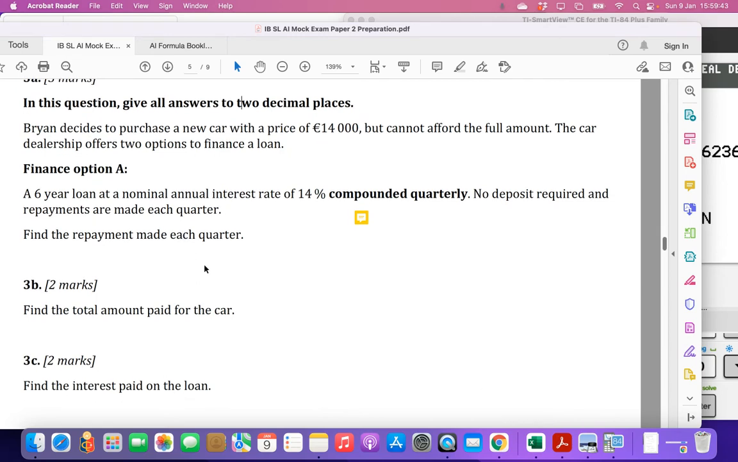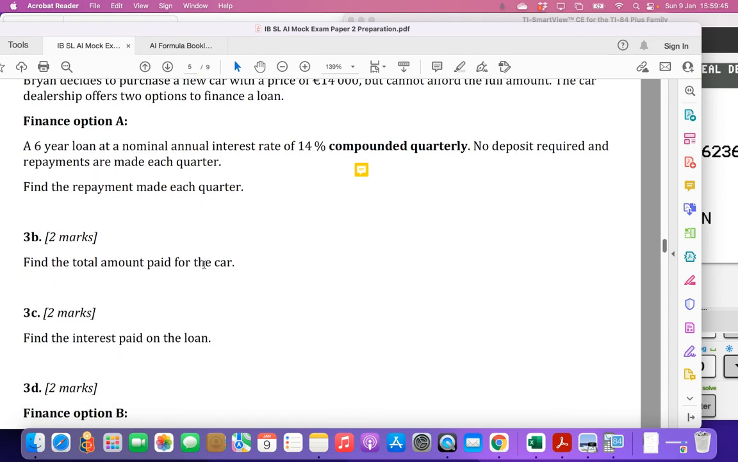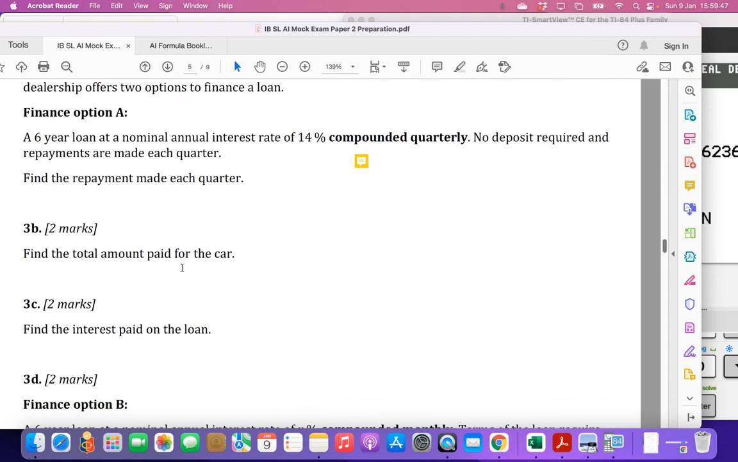No, find the repayment each quarter. It was 3A. Find the total amount paid for the car. Okay, so the total amount is going to be our payment times the number of payments. So the number of payments we made, remember, was n, was 24. So I just have to take that answer and multiply it times